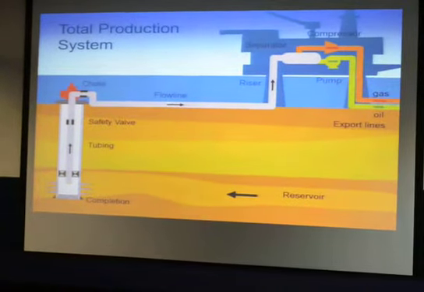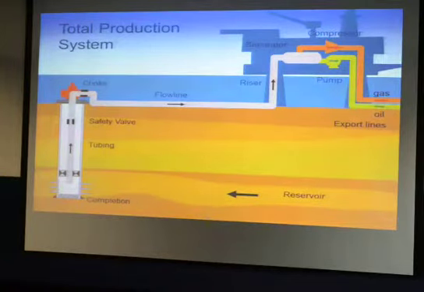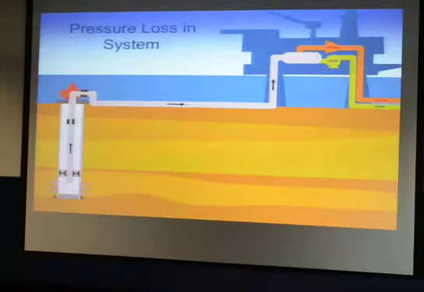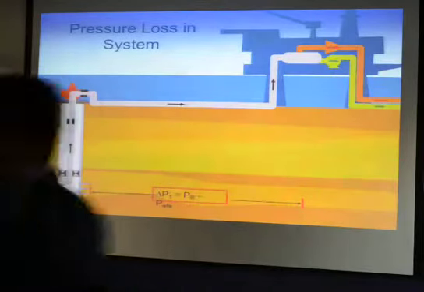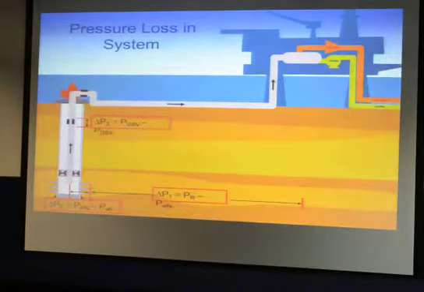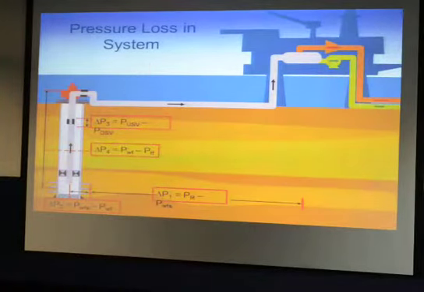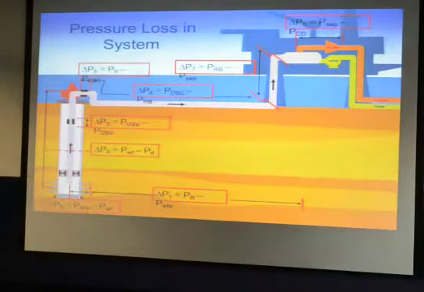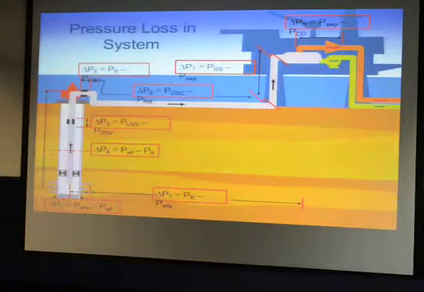So pressure is the most important thing, and in the production system also, what you will see here is the different pressure drops across the different segments. So the pressure drop for this region is the pressure drop inside the reservoir. Now this pressure drop is what we call IPR, inflow performance relationship. What we plot is the PWF versus Q to get the IPR. Here the pressure drop is across the sand face and the wellbore, the bottom hole wellbore.